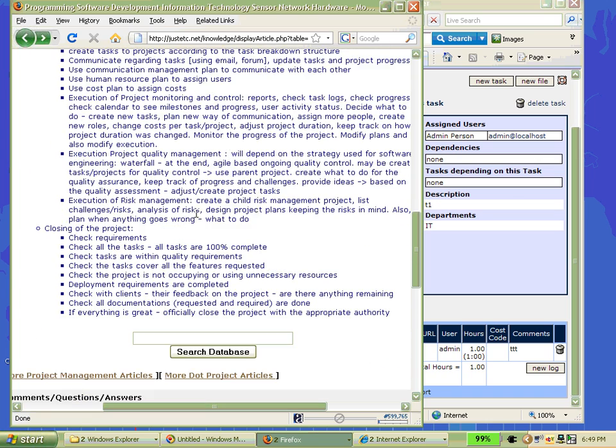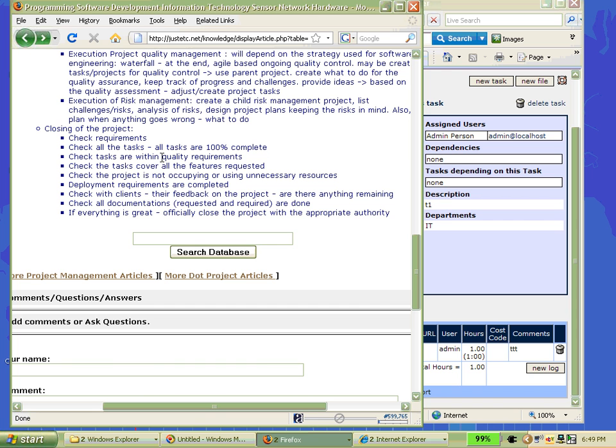Okay, and what else? Then closing of the project. Finally, you need to close the project. In that case, you just have to make sure that everything is being done appropriately. You need to check the requirements from the clients. Maybe you can check the project charter to identify this, and then you have to see that all the features